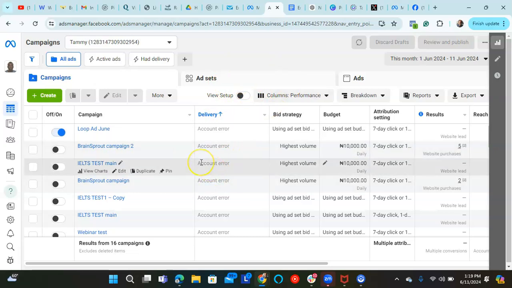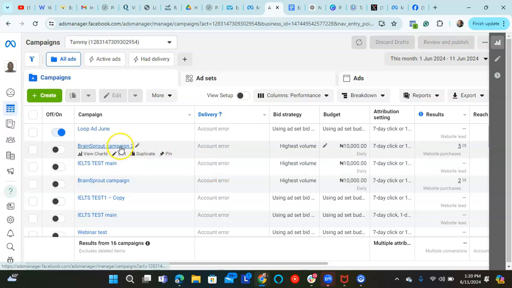Now, I want to show you something, right? Look at this. I'm going to use this case study I've been using, right? But I'm going to show you how to set up a simple ad on Facebook. Now, when you're trying to set up an ad, one thing as a beginner is you want to keep it